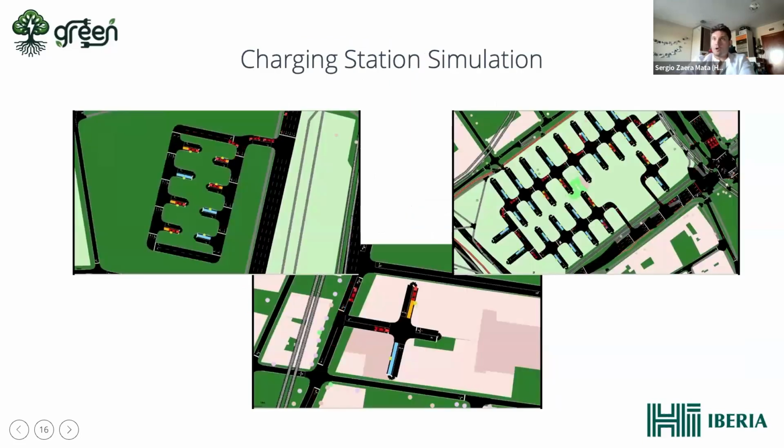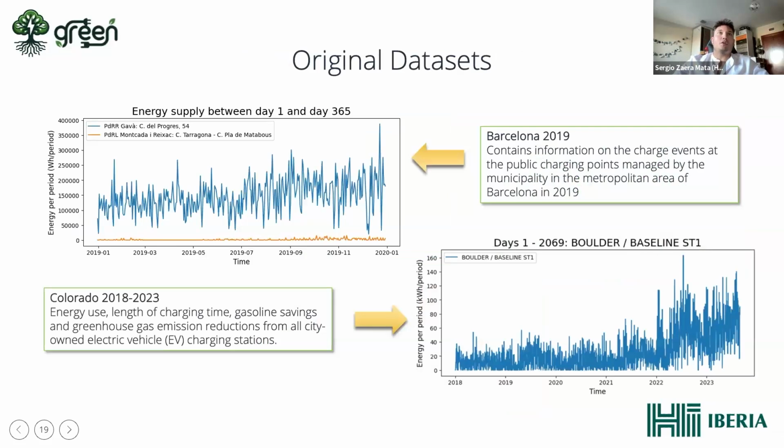We have done the simulation because we wanted to create synthetic data. We came to the conclusion, which we already knew, that it was difficult, but it's possible to create synthetic data. In the beginning, we wanted to use only the synthetic data, but finally we arrived at these two datasets.